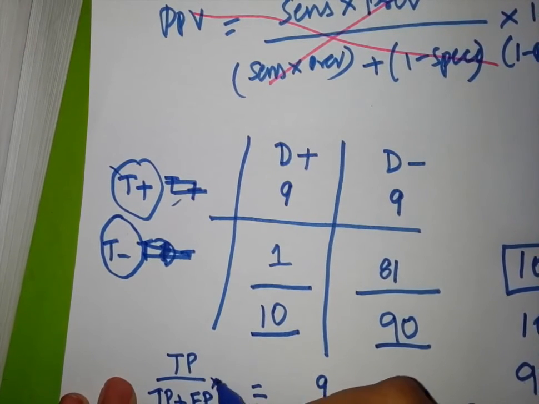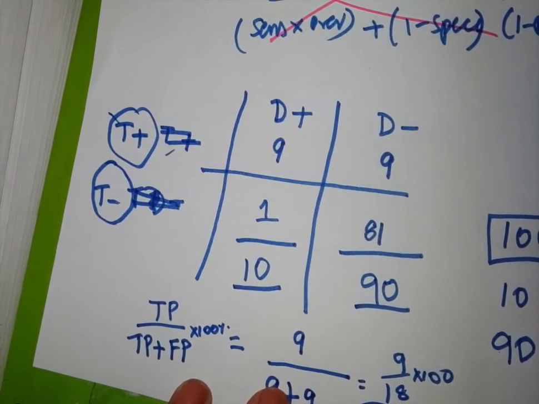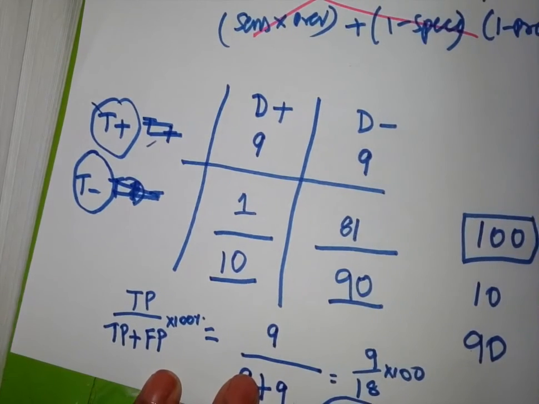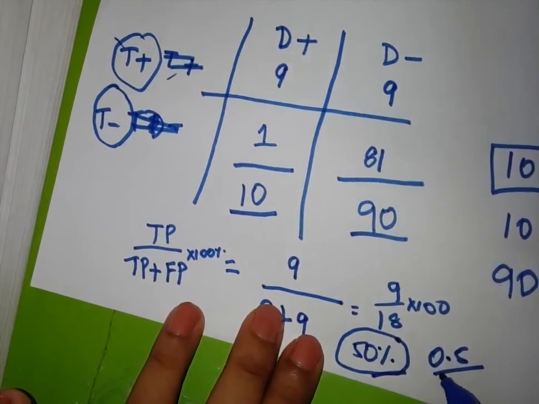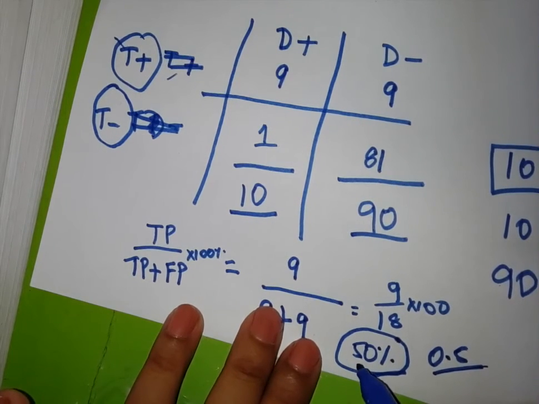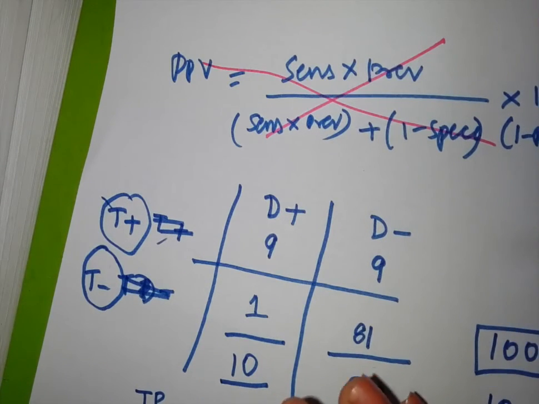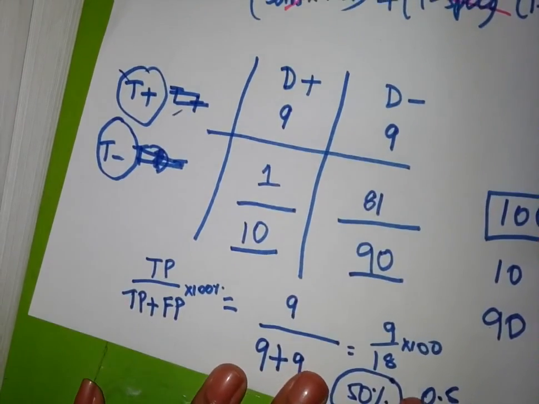I am so sorry, there is 100 because it's a percentage. So it is 50%. Always look for this. It's either 50% or they have given you the probability as 0.5. Either of these will be the answer. If they have expressed it in terms of probability, the answer is 0.5. If they have given it in terms of percentage, then it is 50%. So without any confusing or difficult formulas, we have derived this answer.